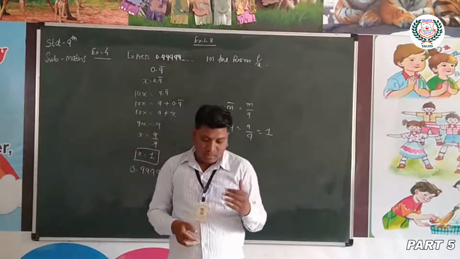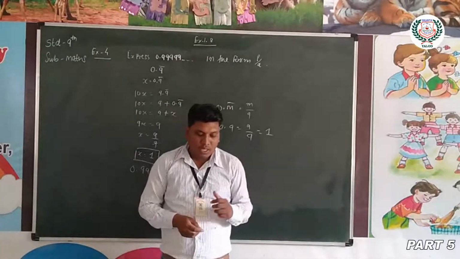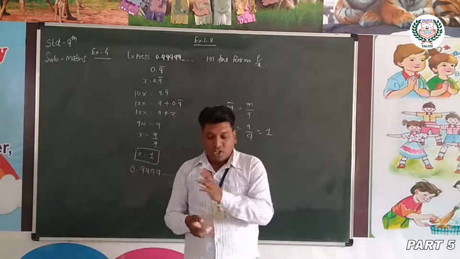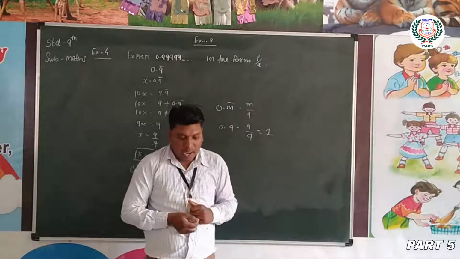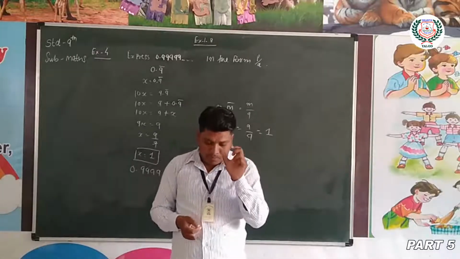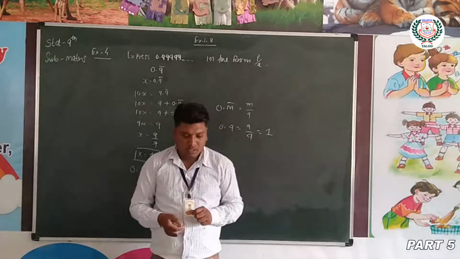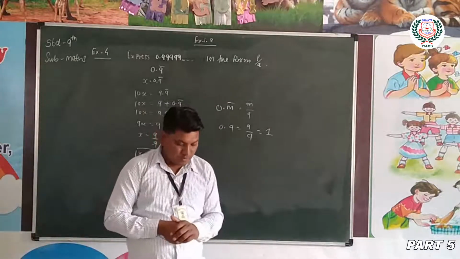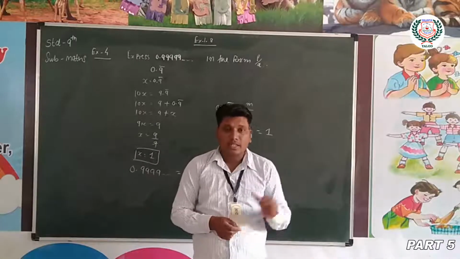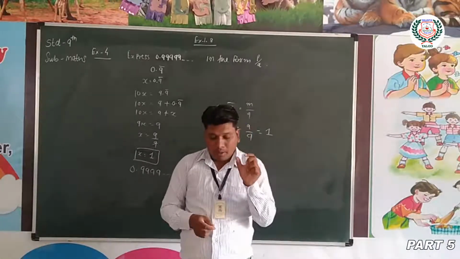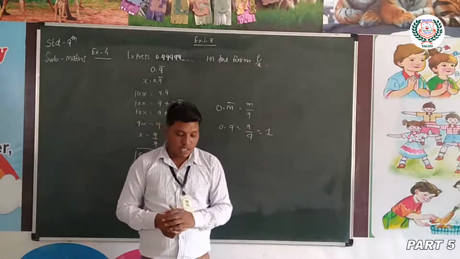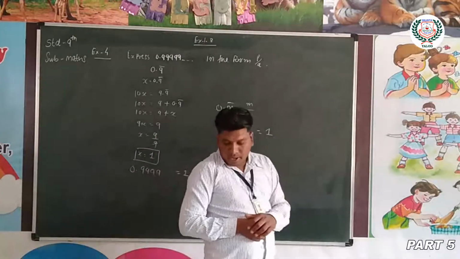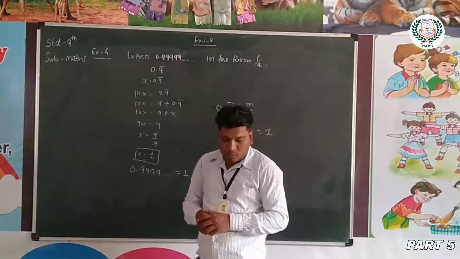The answer seems to be tricky. Actually, there is no situation that gives the decimal expression of a rational number p by q as 0.9. This is an imaginary descriptor of a recurring decimal number. You may say that 0.3 bar plus 0.6 bar is equal to 0.9, but as simple fractions, 0.3 bar and 0.6 bar add up to give 1.